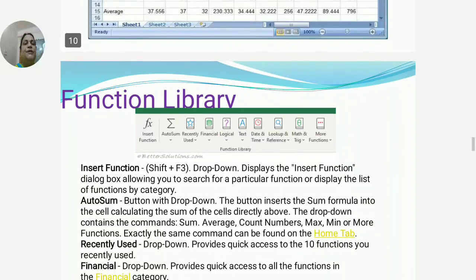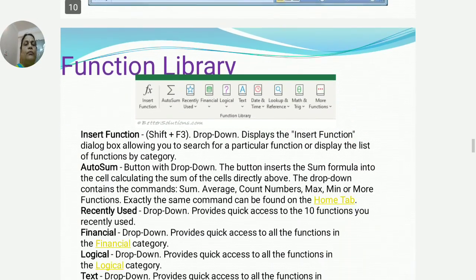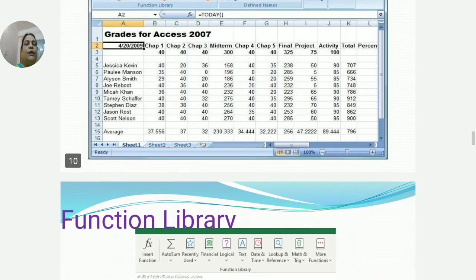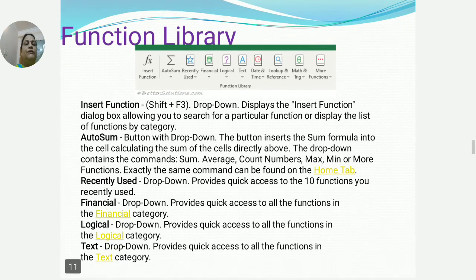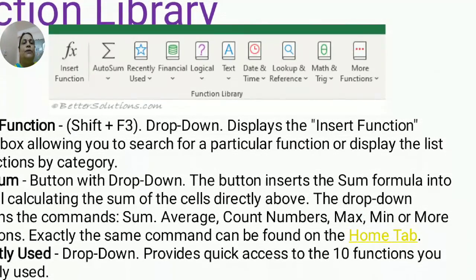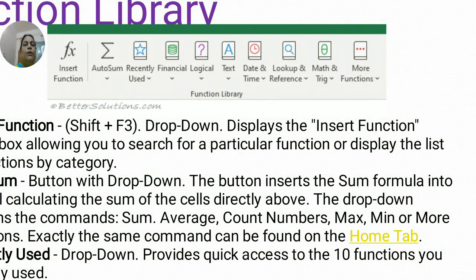Now you can see that under formulas tab, the first group is function library group. This function library group contains commands insert function, autosum, recently used, financial, logical, text, date and time, lookup and reference, math and trigonometry, more functions.